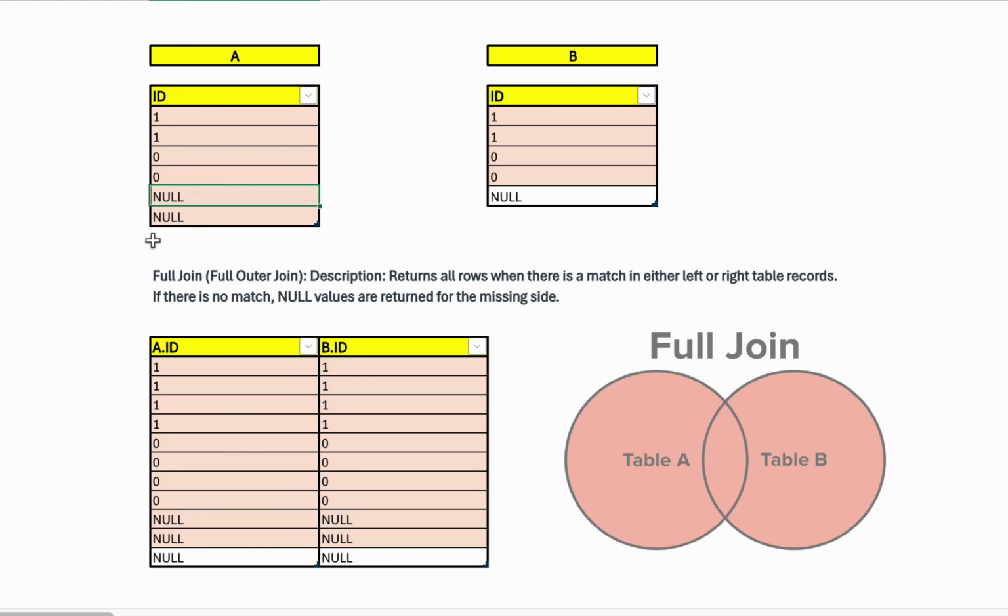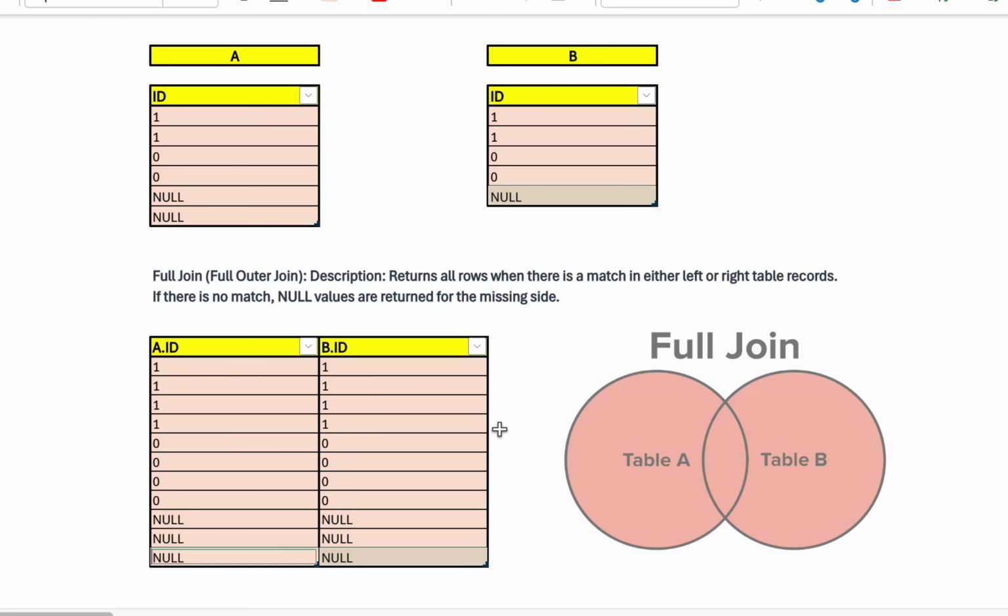So now we have considered all the records from table A and we are left with one record in table B. Again, similarly, because this is null and null is not considered to be equal to any value, for this null we don't have any matches in table B. So that is why we are getting this null here, and against this null in b.id, we don't have any match in a.id. So that is why we are getting null in a.id.